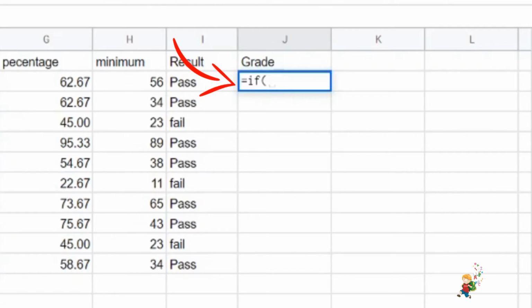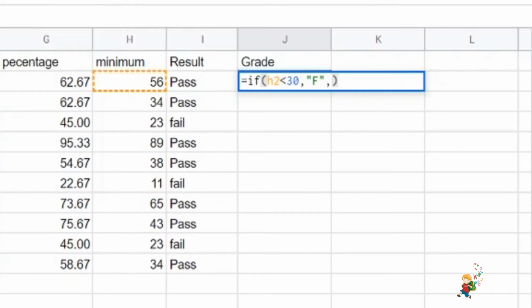So where is our minimum marks? In the H2 cell. We will check H2 is less than 30. Then if it is true, we will give F grade. We have to give the grade inside double inverted commas, inside the quotes. Then comma again. Then we have to write if.